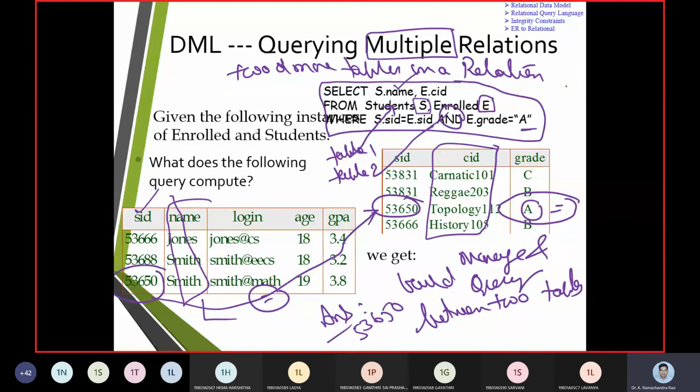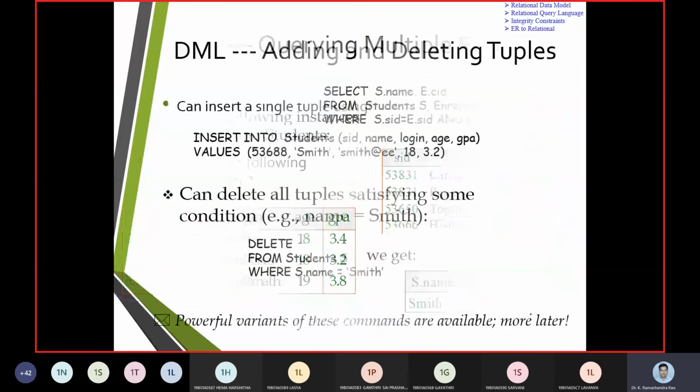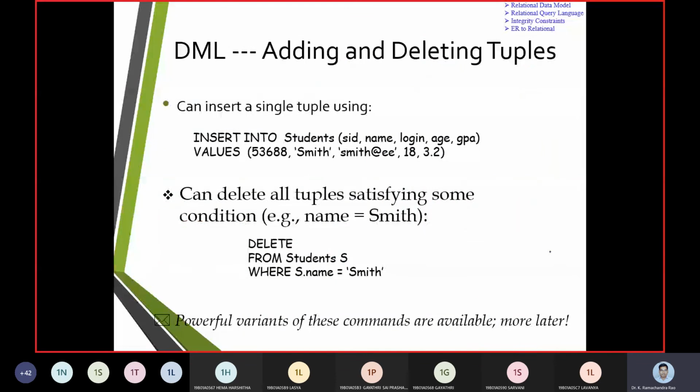Both things should be true, that is, the grade should also be A. When SID 53650 matches, we get only one tuple, for Smith, and we get his CID as topology 112. So up to now we have talked about how to retrieve the data.